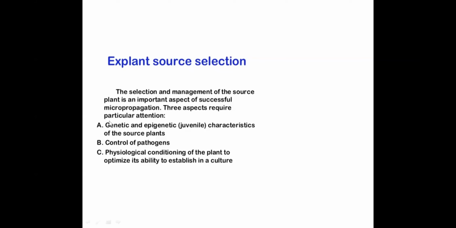So for explant source selection, you have to take care of these characters, genetic and epigenetic characters, control of pathogens, and physiological conditioning of the plant. The plant which requires the least, which is naturally adjusting to any kind of environment, is the best plant.